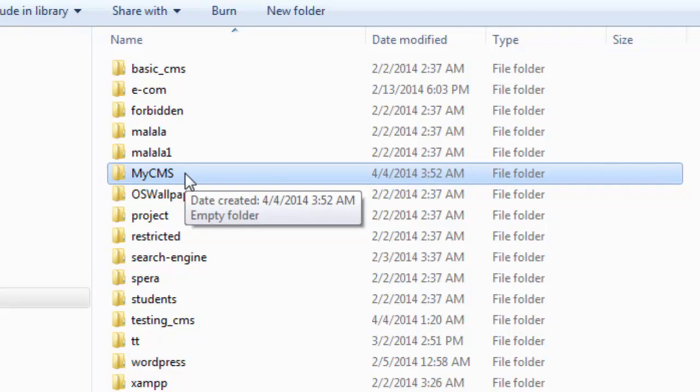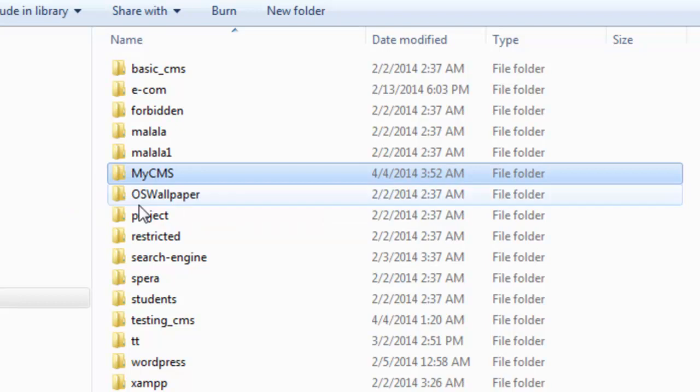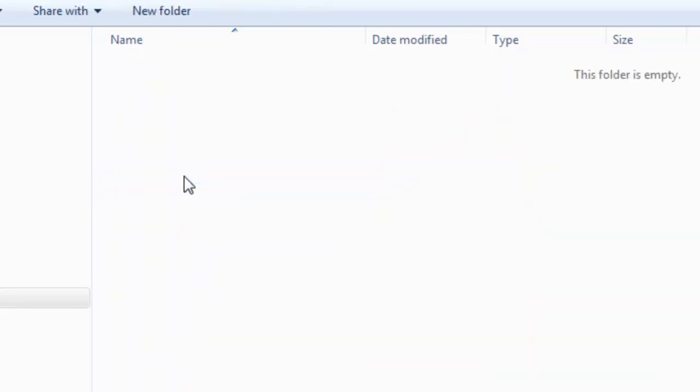And all of our files, whether index.php or admin.php or whatever, any pages or inner folders, will all be included inside this folder. So this is very important. First you have to create this folder. So I have created my CMS folder. Now I will open it. It is just empty. There is no folder or file,